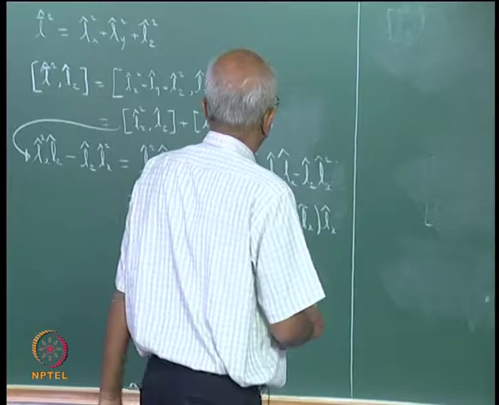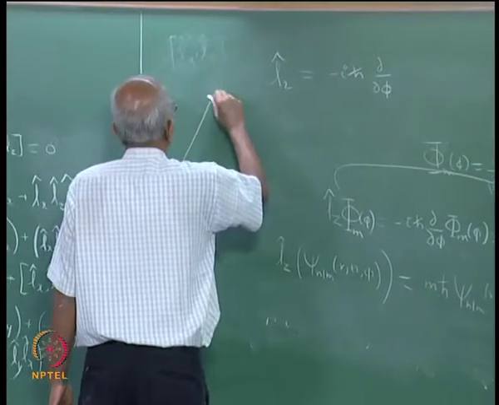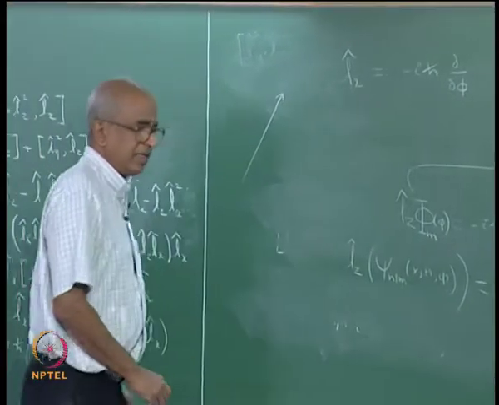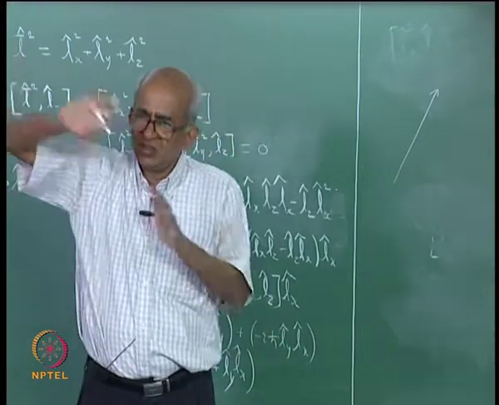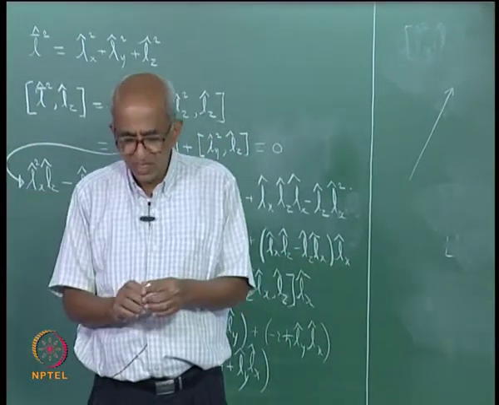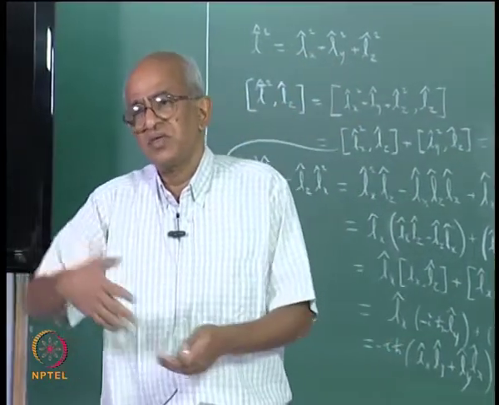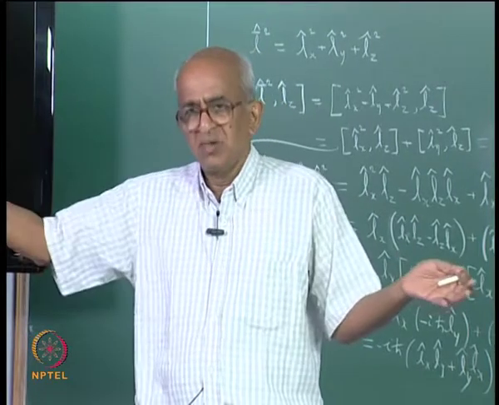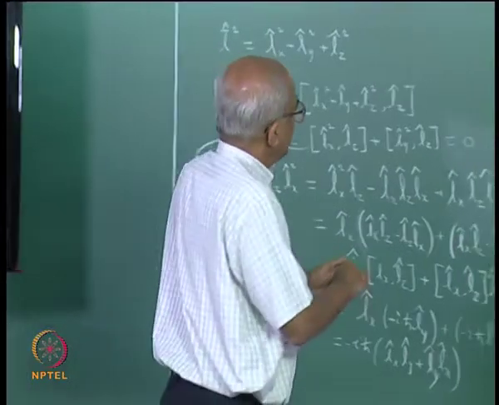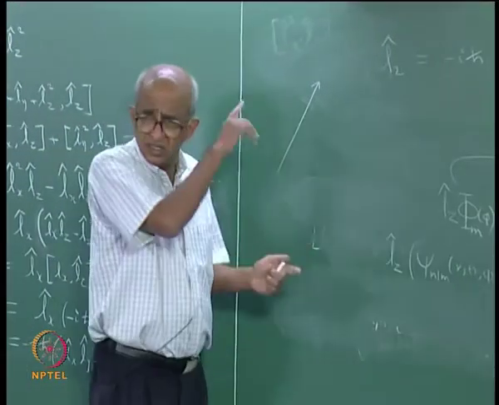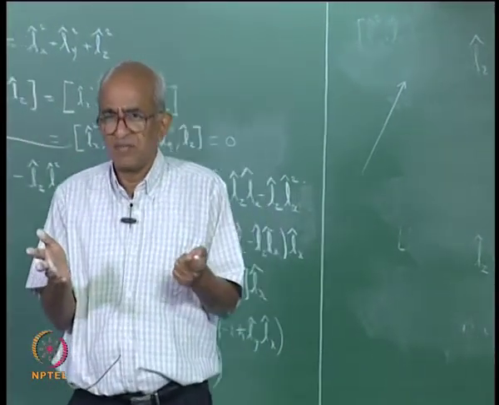You see, in classical mechanics, if I have an angular momentum vector, okay, let us say this is the angular momentum vector. As I told you, in classical mechanics, the angular momentum vector can have any length. There is absolutely no problem. Any length is allowed. Why? Because the particle may be moving slowly or may be moving fast, depending upon which the angular momentum vector can have any magnitude, right. And not only that, this vector, you see, it can be oriented in any direction in space. There is no condition on the way it is oriented.